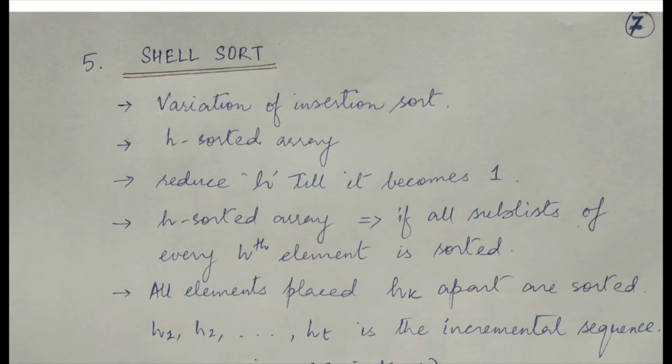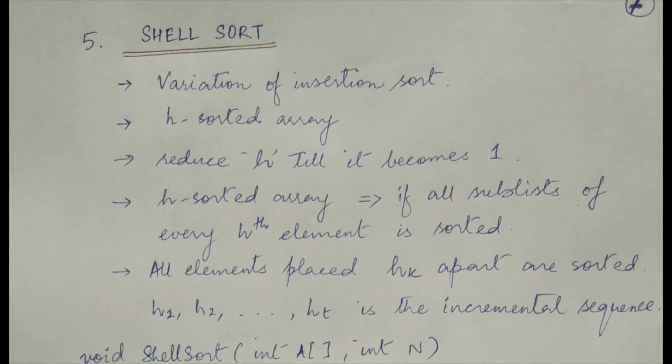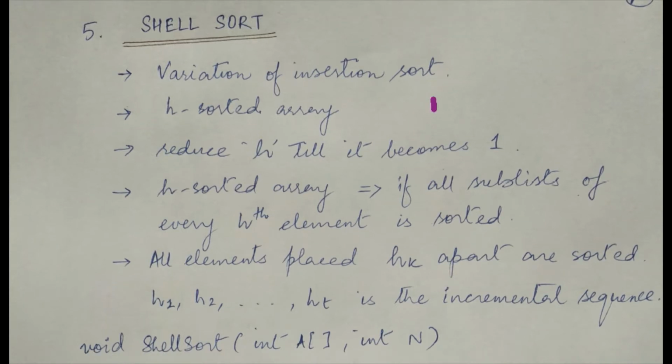The difference between Shellsort and Insertion Sort that we did: when we did Insertion Sort, we picked up an element and compared it to all the elements on its left, checked where it could fit properly and inserted it there. So we were comparing, let's say, element at 2 with element at 1 and 0. We were comparing element at 3 with element at 2, 1 and 0, and so on, to every element on the left. So with a gap of 1, what I mean by gap of 1,